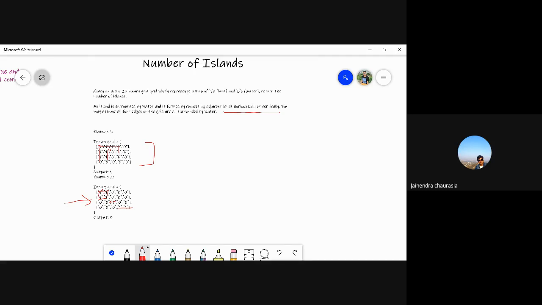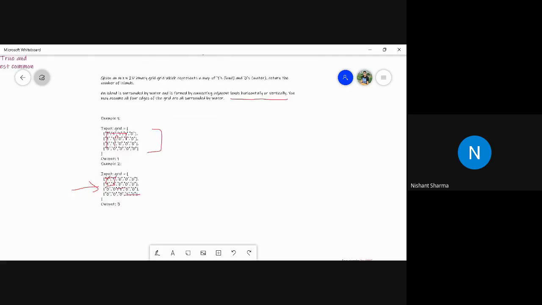Okay, great. So we will see how to solve this problem. The normal approach is to use BFS or DFS for these kinds of problems. Think of all the ones which are connected either horizontally or vertically as an undirected graph, and traverse using BFS or DFS and see whether these are connected or not. So let's go with the code.